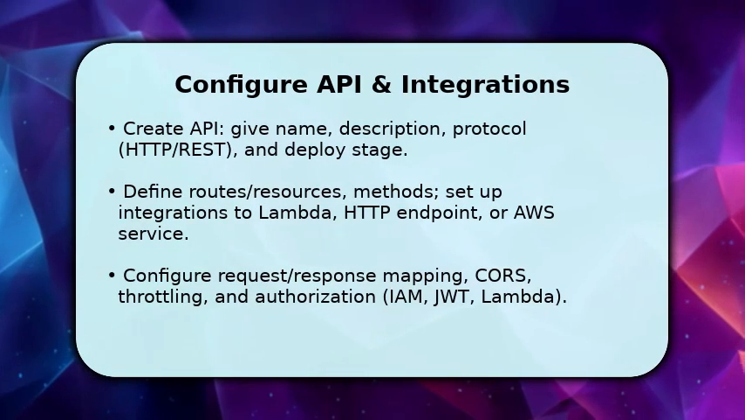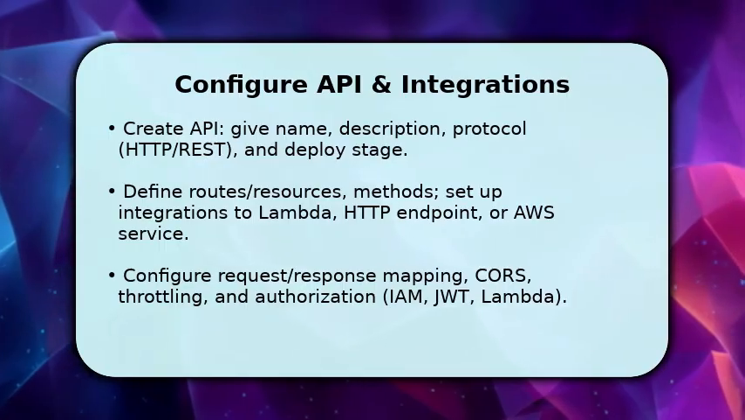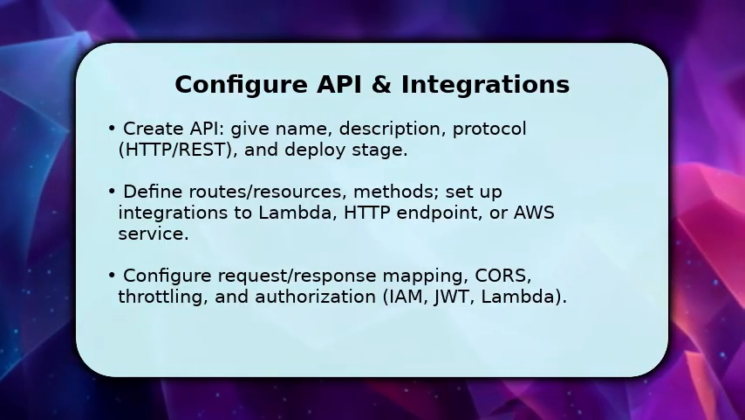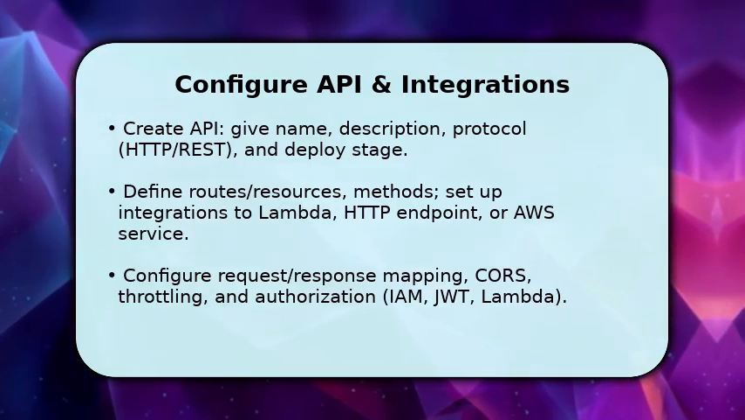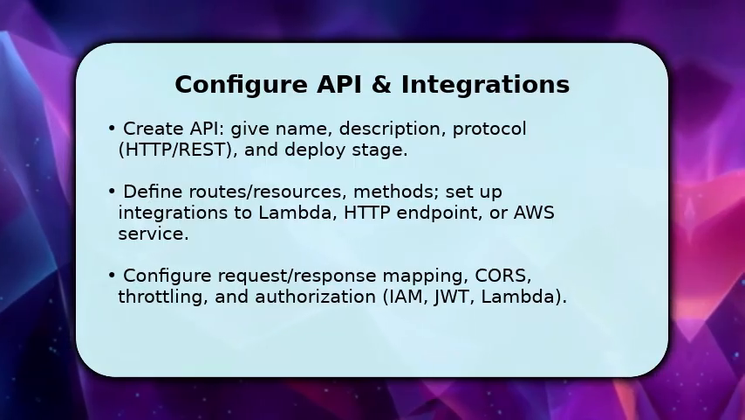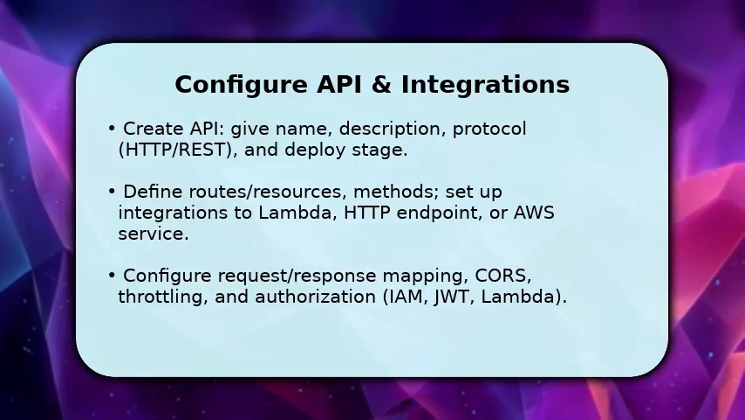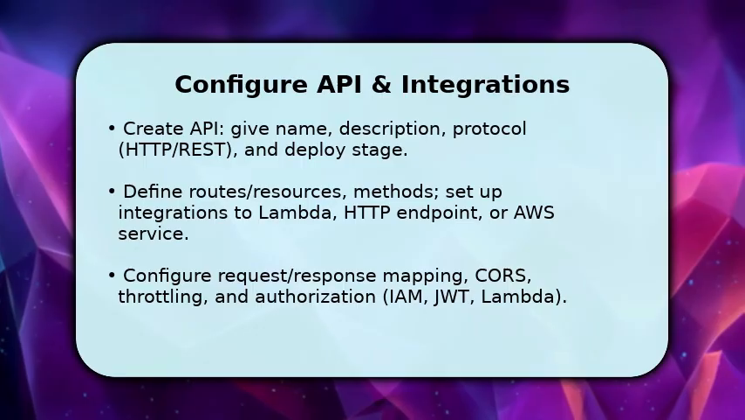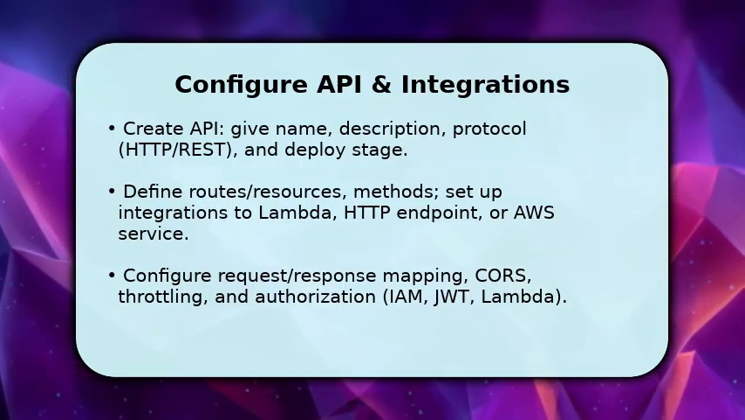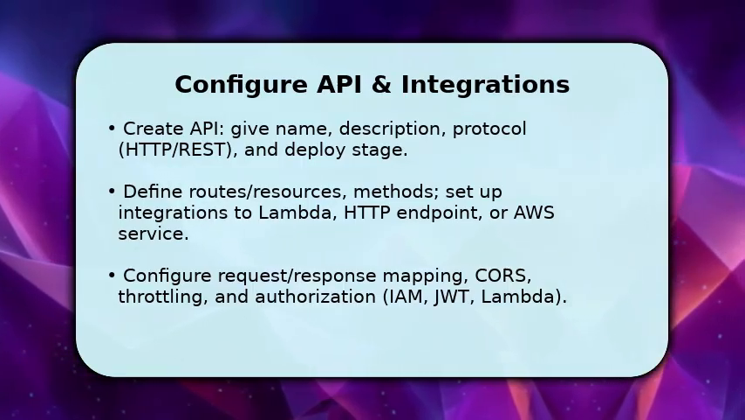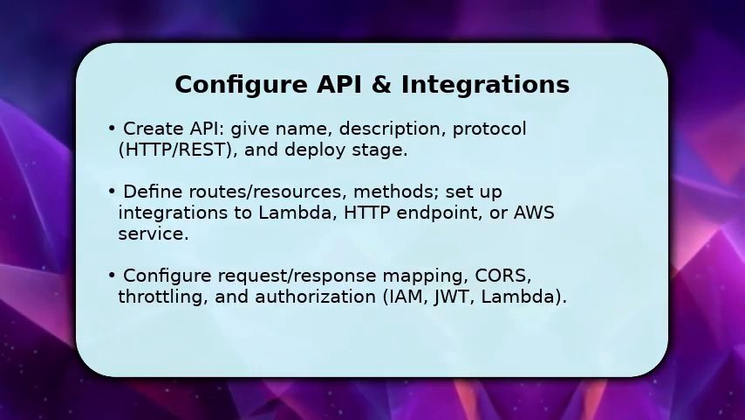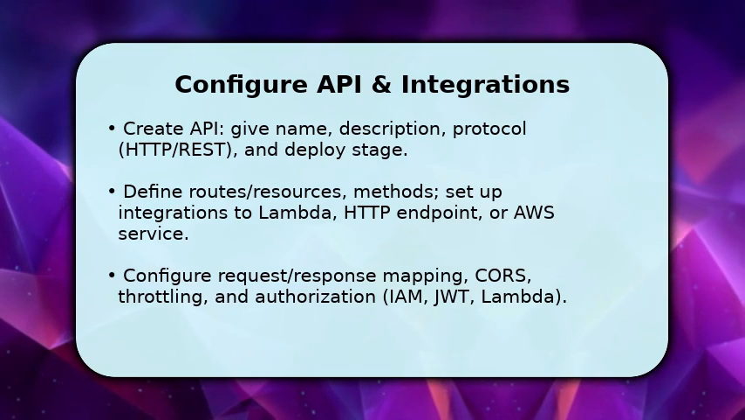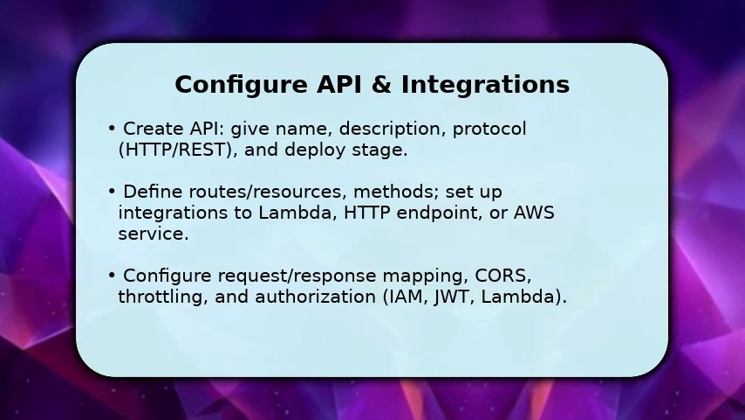You now configure the API and integrations. Begin by creating the API with a clear name and selecting HTTP or REST protocol. Once created, add resources or routes and attach methods, then wire each method to an integration: Lambda functions, HTTP backends, or AWS services. Configure request and response mapping templates to transform payloads and enable CORS if browsers will call the